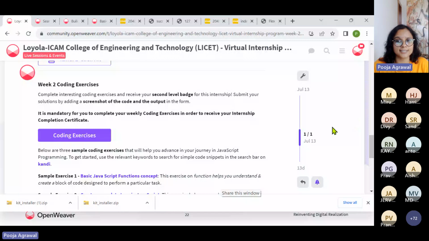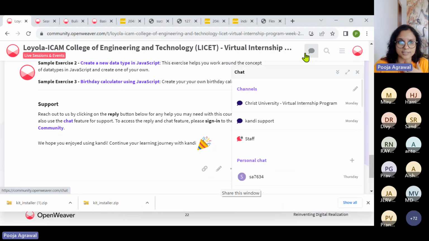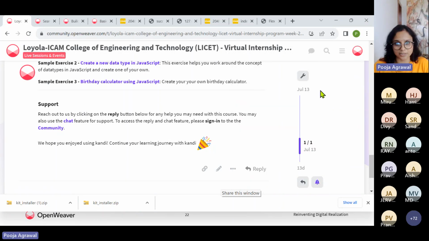And yes, you could always post your questions even after the session, for those who have not been able to check the kits as of now, being on the college internet. You could just sign up, and once you are there, this reply option will get activated. Post your questions on this page itself if you would like, or there is a chat option also available for you to discuss any questions.